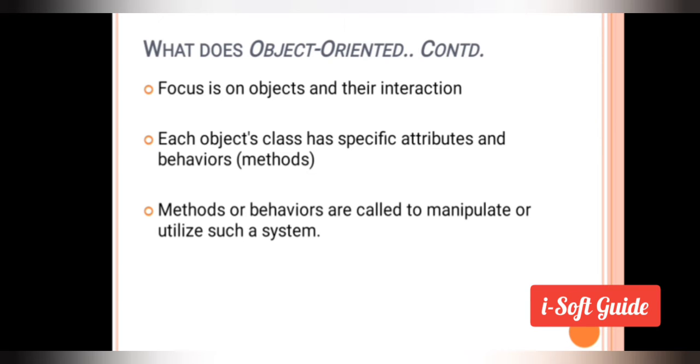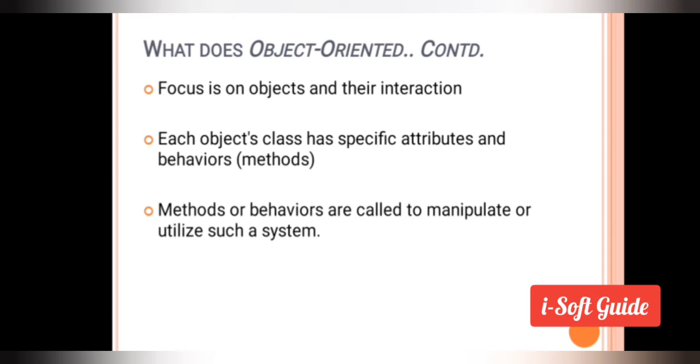For example, the computer is one object. There are some persons working in that company, so persons are objects. Then how are they related with each other? Each and every person will use one or more personal computers. So this can be considered as an object oriented environment. Methods and behaviors are there for each and every computer.